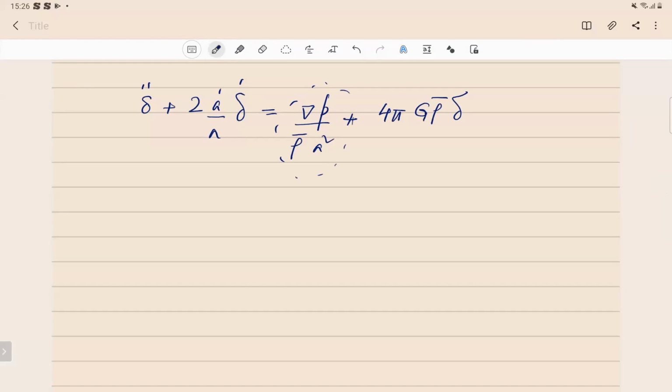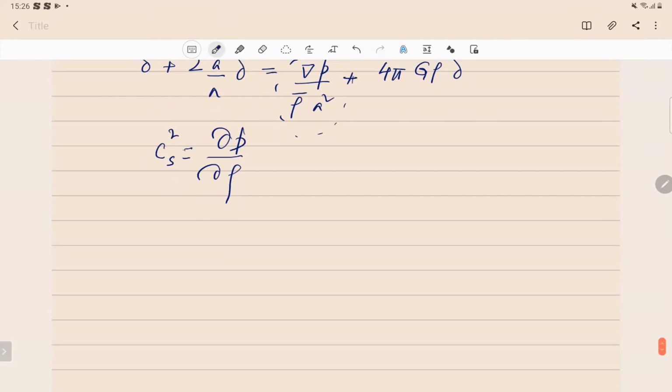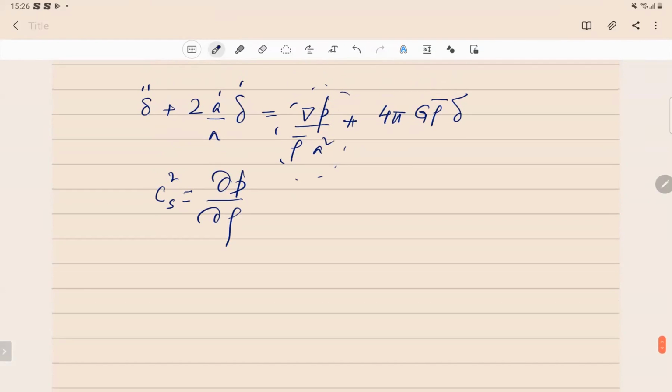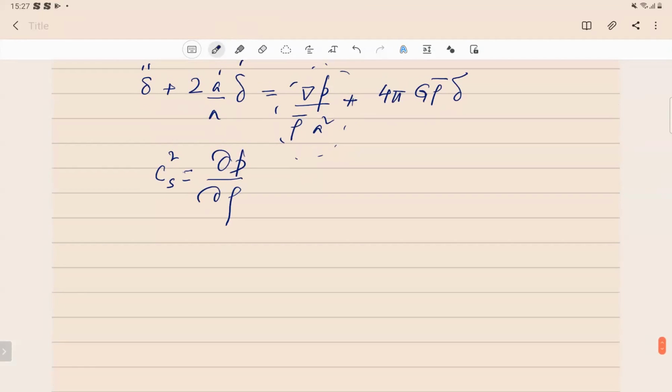Okay, so what we'll do is we will define the sound speed c squared. So if there is a fluctuation in pressure, it will lead to a fluctuation in density, and you define this c squared, the sound speed, as del p by del rho. Remember, this is actually dp, the pressure perturbation, which we have written as small p. This is just c squared delta rho. So you can now translate this equation as delta double dot plus twice a dot by a delta dot equals c squared by a squared